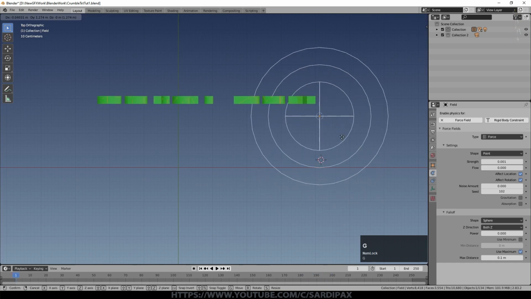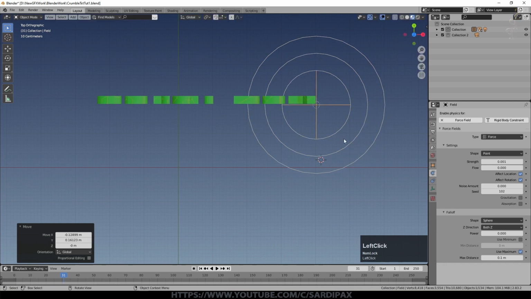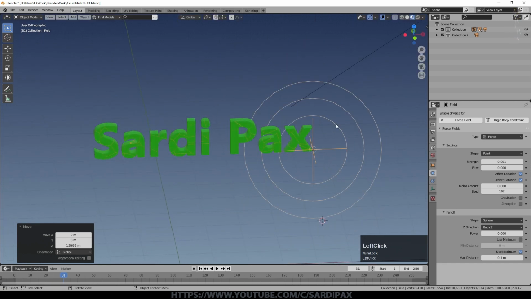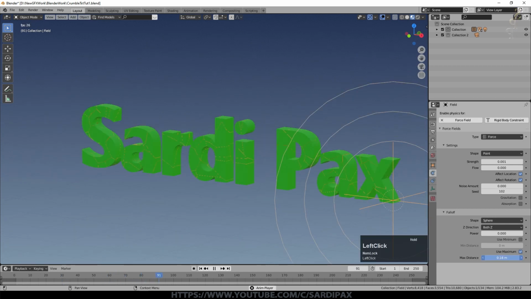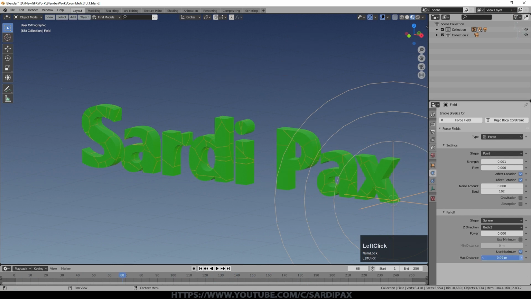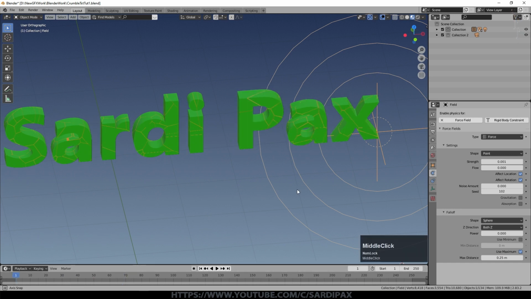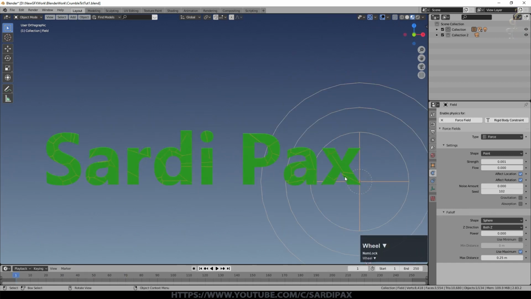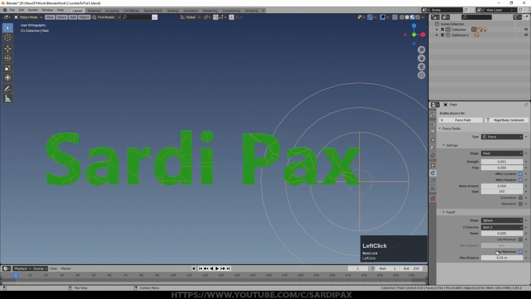But if I now put this very close, see it's not quite there yet, I'll now put it so it's close enough to actually touch, as it were, the text. And we may need to increase the size a bit. There we go. And that immediately kicks it off. Again, it's finding where it will start to affect things. And I have found it to be extremely sensitive, and strictly that force shouldn't be affecting this letter over here yet. But there's always a bug or two hiding in there.